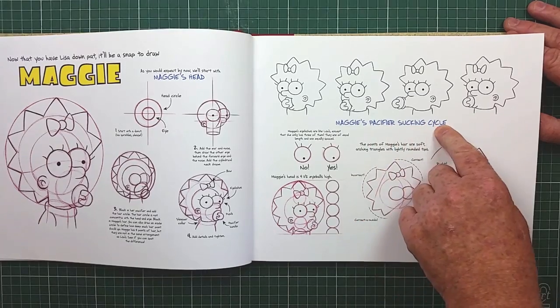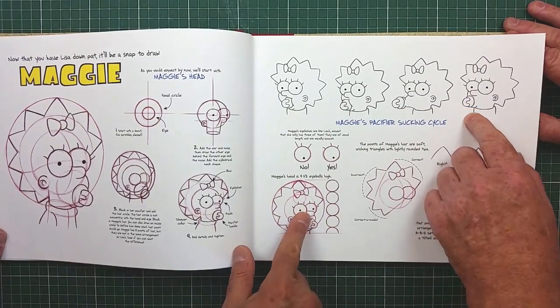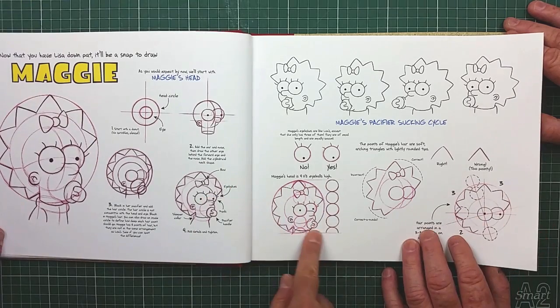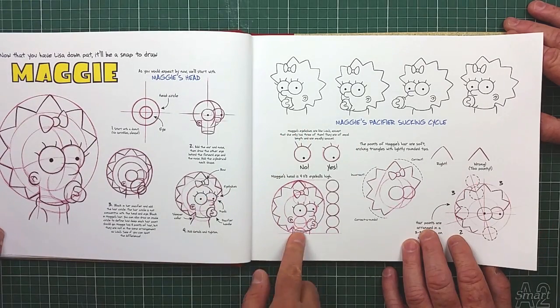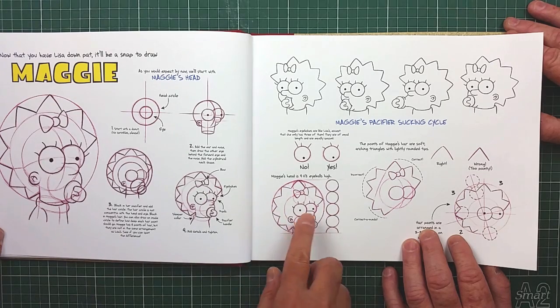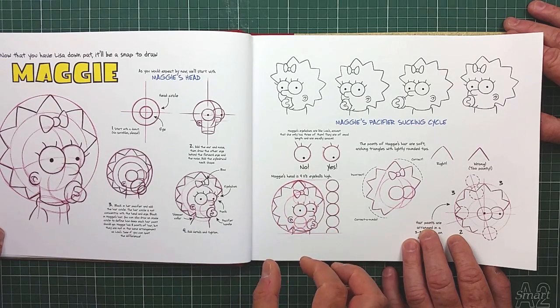Maggie's pacifier sucking style. So yeah. In, half out, out. Well, yeah, they're like notes to the sucking timing cycle in the animation. But oftentimes you'll have some element in the drawing that they use as a measuring stick,